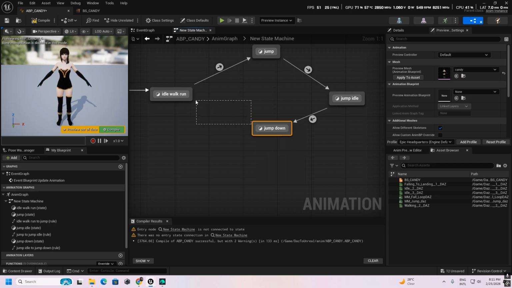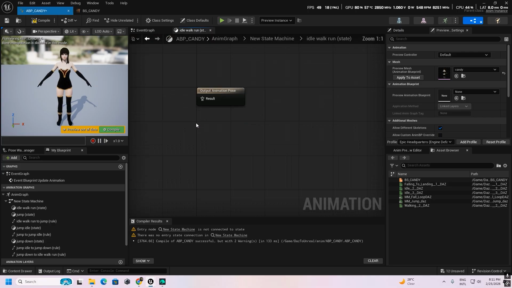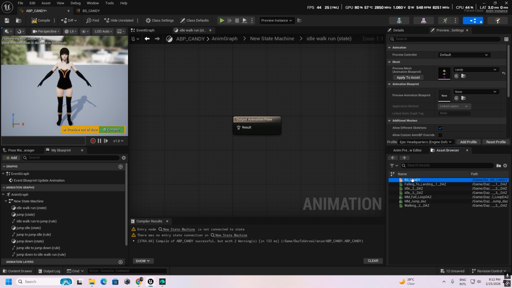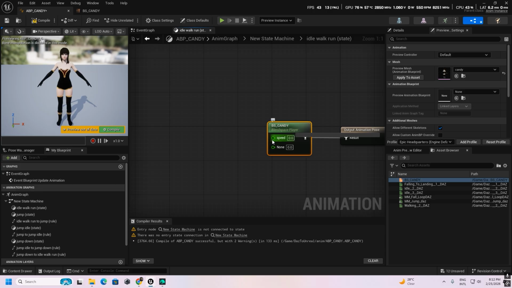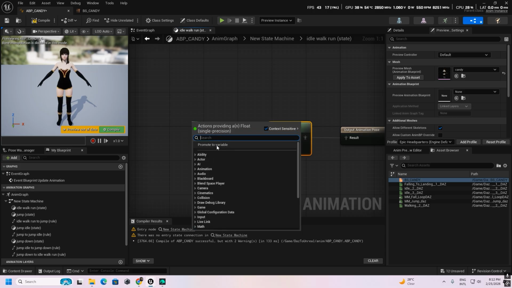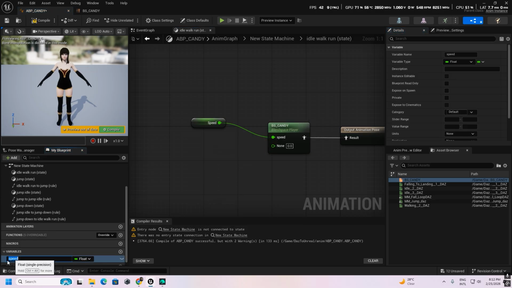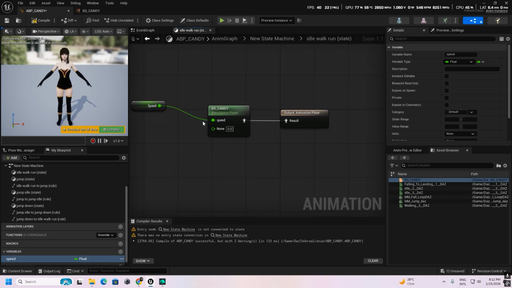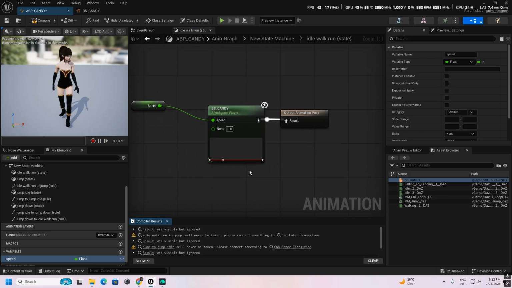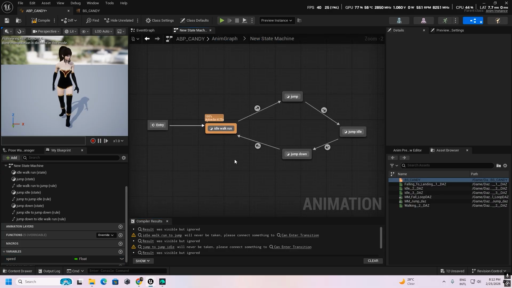Okay, for the idle run, we just use our blend space. For the speed, we promote a variable here and keep the name speed. If we compile here, you can see there is an arrow, so we go to our new state,